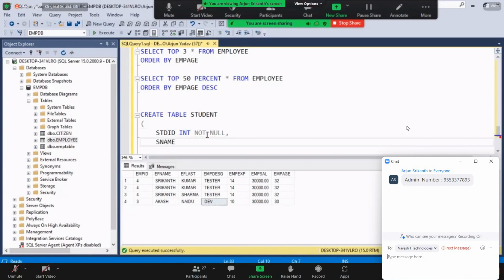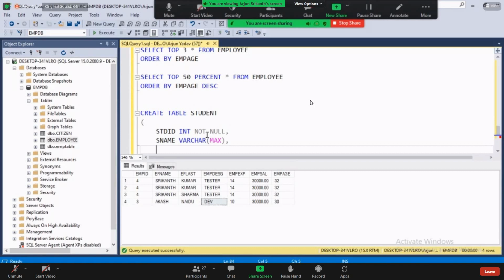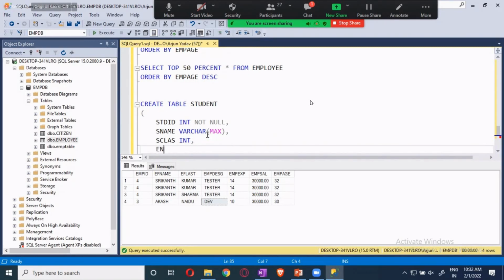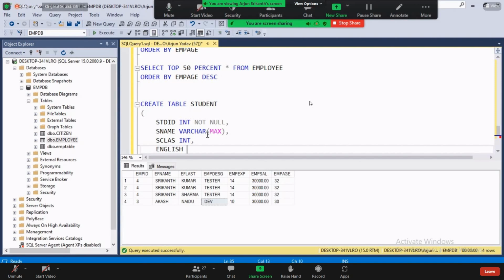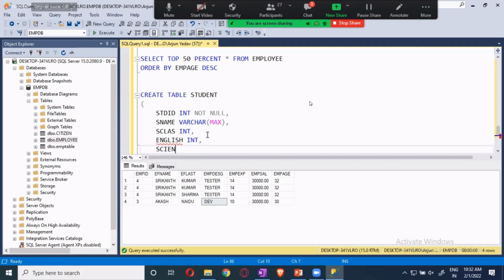Now s name is equal to varchar max. Now s class is equal to int. I will give it. English, again this is int, and science, I will give it int.